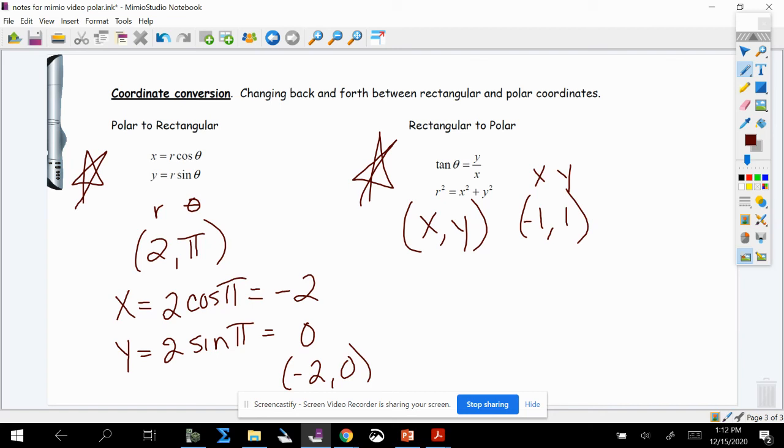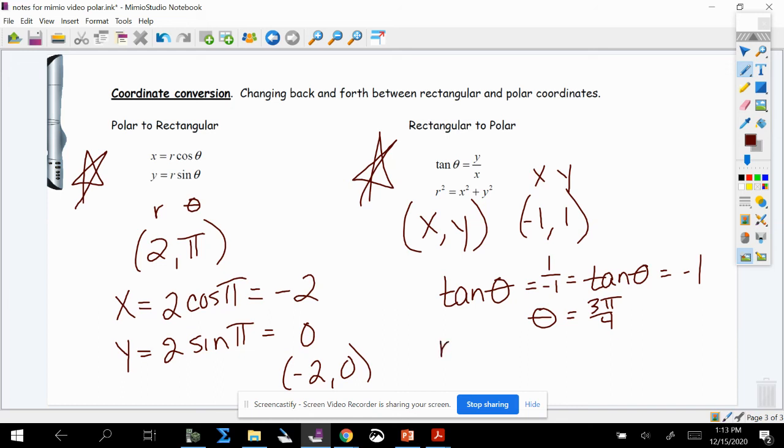So first we're going to get our angle. So we're going to say that the tangent of theta is equal to y over x. This again comes from basic SOHCAHTOA. So y is 1 over negative 1. So we have the tangent of theta equals negative 1. So we need to know what angle, when I take the tangent of it, do I get negative 1? That is 3 pi over 4. Again, a lot of unit circle knowledge going on here. That's our angle. And then to find my r value